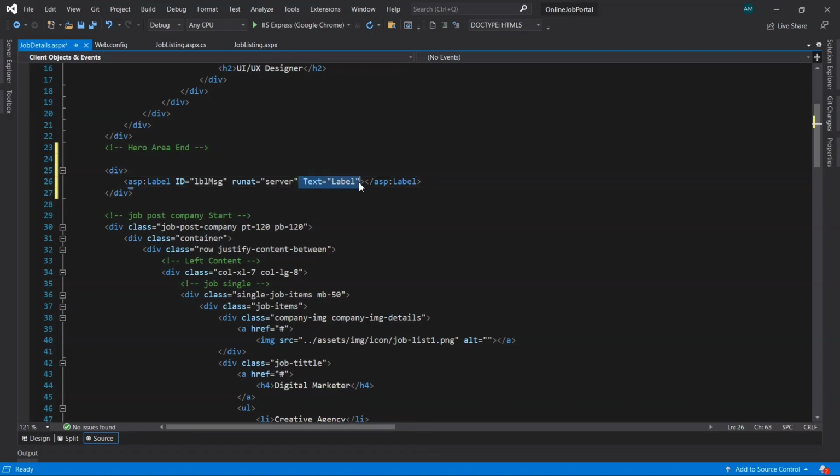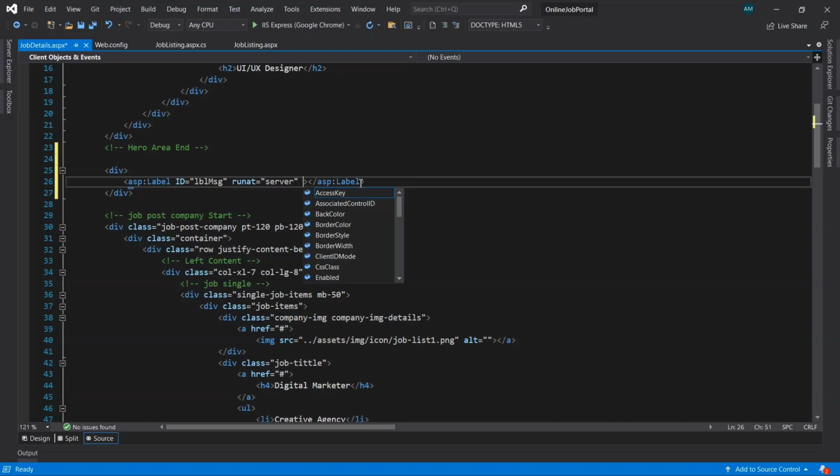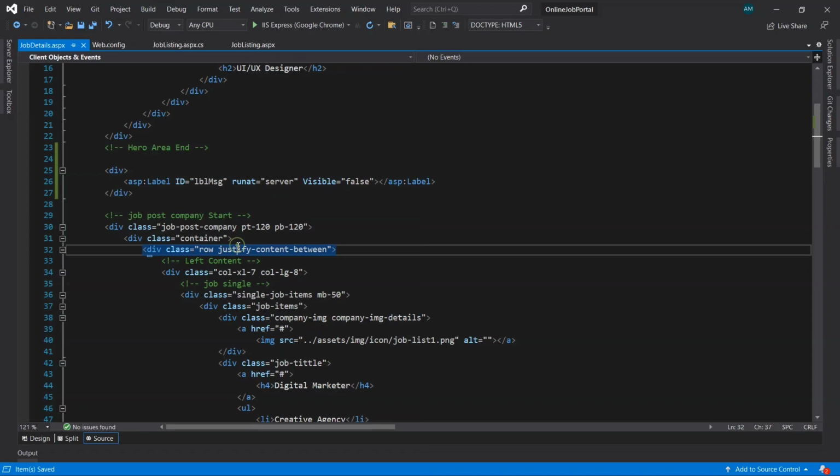Remove this text property from here and set visible equal to false. Save it.